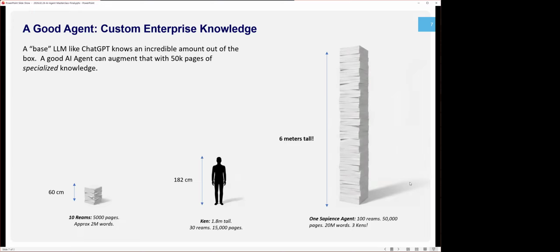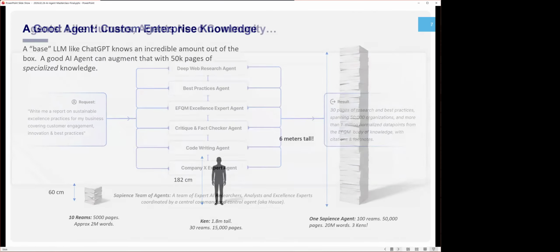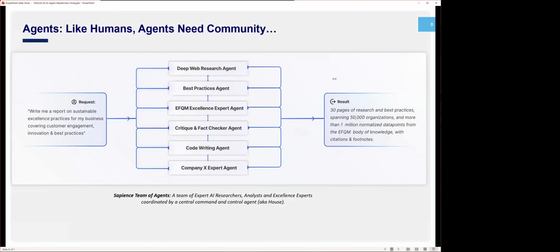So, like I said, not ChatGPT. That is not the rubric through which you should be thinking about AI agents. Good AI agents work in teams, right? So a simple request that might result in a 30-page report under the hood should be a whole swarm of AI agents that are each excellent at their individual job.